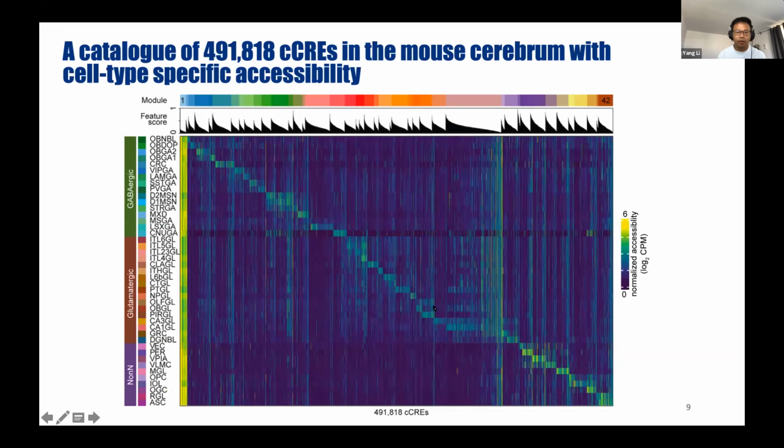Okay, so moving forward, the major contribution here is not only the cell type annotation, and I guess more cell types can be annotated using RNA-seq data, but the real information we provided here is the candidate cis-regulatory elements, the cCREs for short.